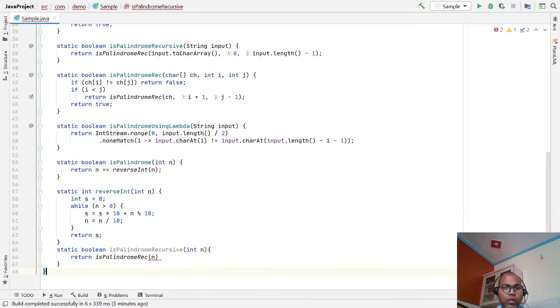Initially I am passing sum as 0, and here I have to write the function: boolean isPalindrome with an integer number and integer sum.